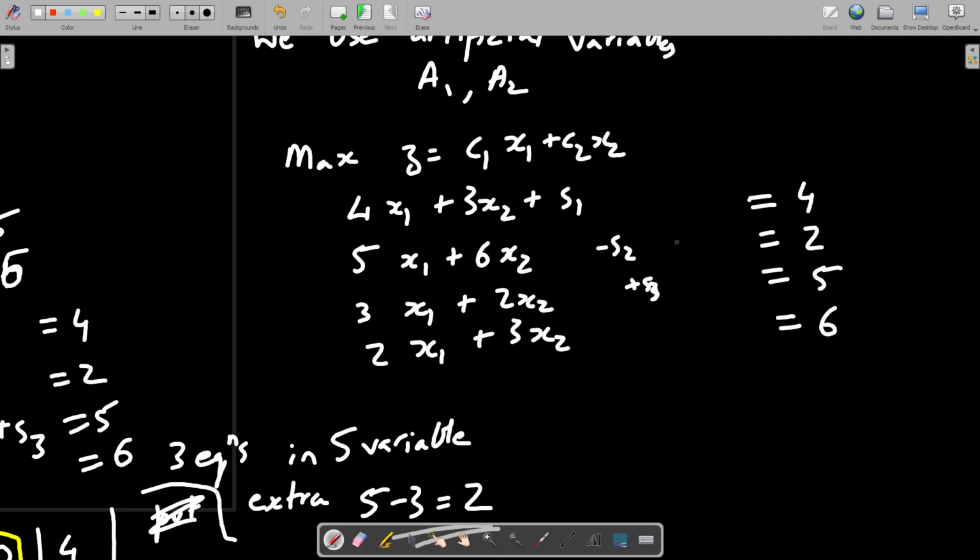See here, we didn't have an identity matrix column here and we didn't have an identity matrix column here, right? So now we have it.